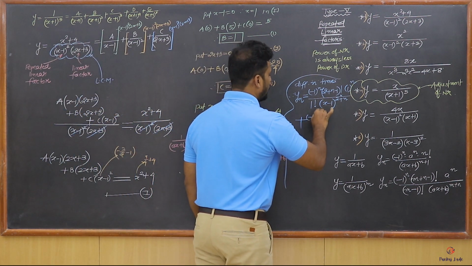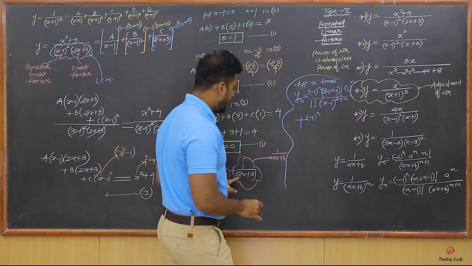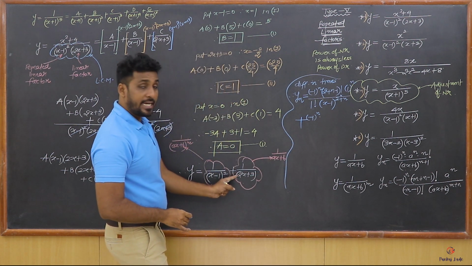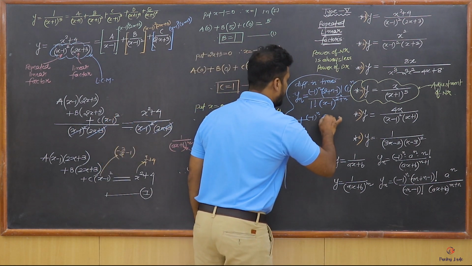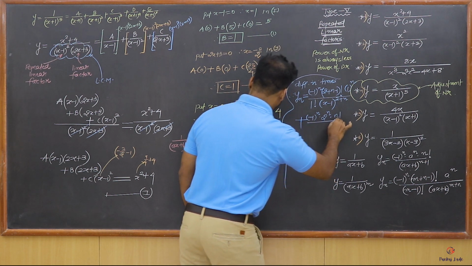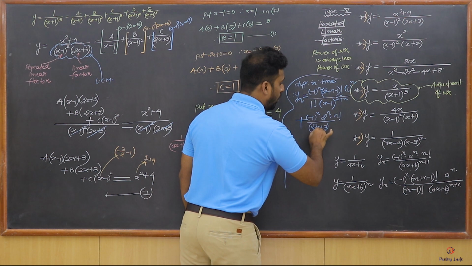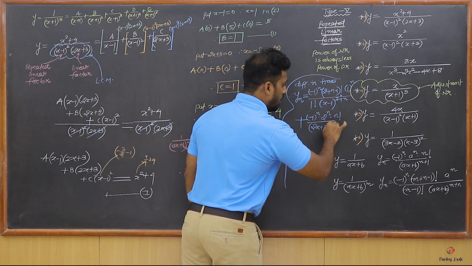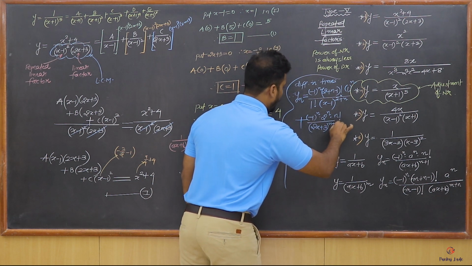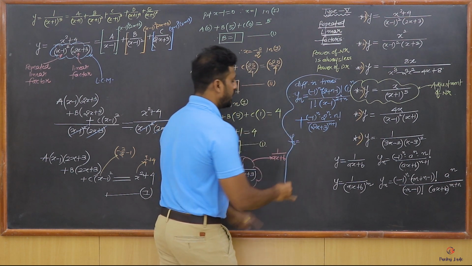It's minus 1 raised to n into a raised to n. So a is 2 here, isn't it? Ax plus b. A is 2. So 2 raised to n into n factorial upon, you have 2x plus 3 upon n plus 1. So my simplified form is going to be minus 1 raised to n